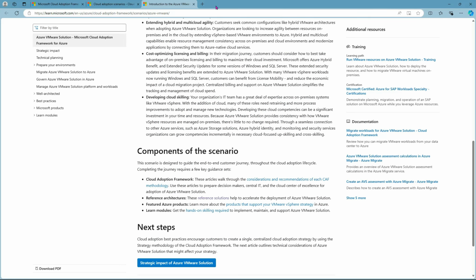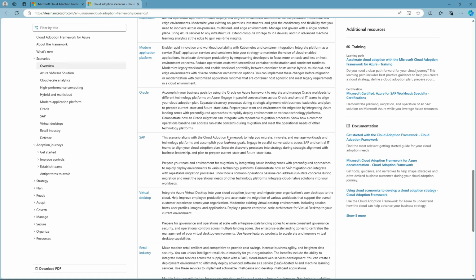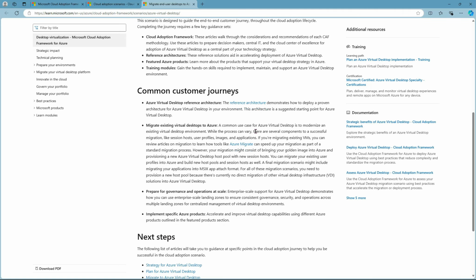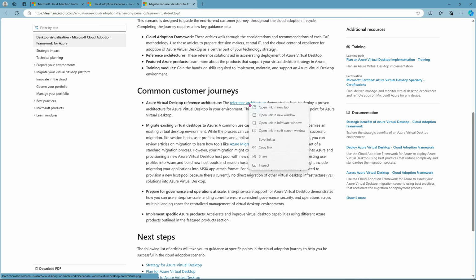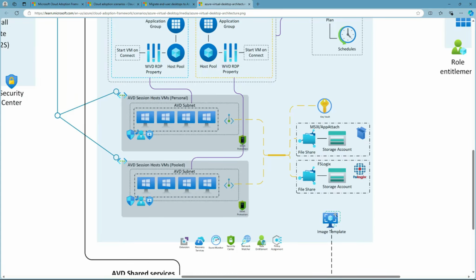All right, so let's go to the other one. Let's take a look at the AVD. What do we see in the AVD? Similar thing, you can see that there is a lot more information to consume, and also there is the reference architecture as well. In this case also, you can get there and have a look at how that reference architecture looks, particularly from the landing zone perspective. This is a landing zone and here are the AVD landing zone subscriptions, right? So you get a good idea here, such as